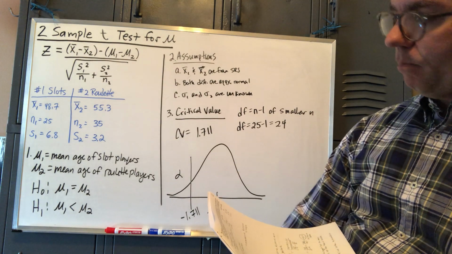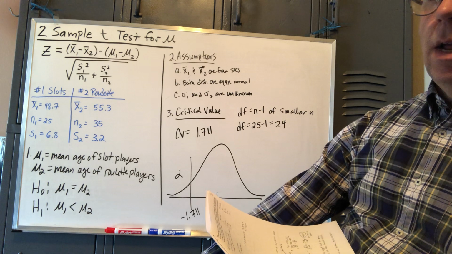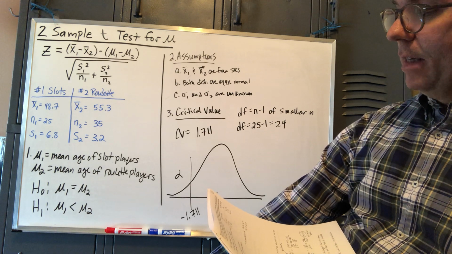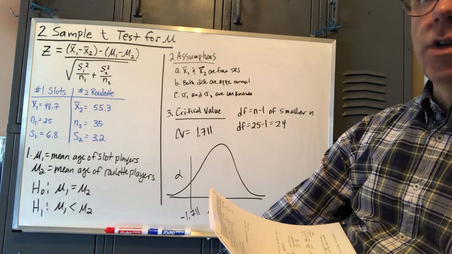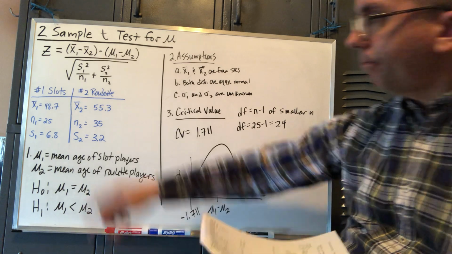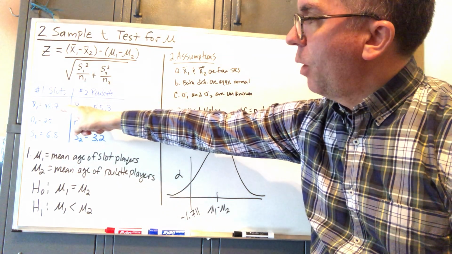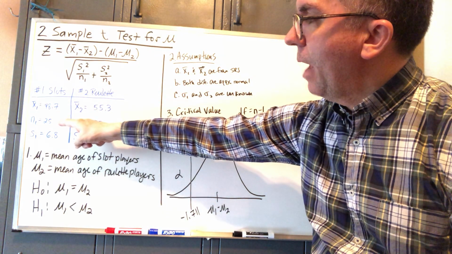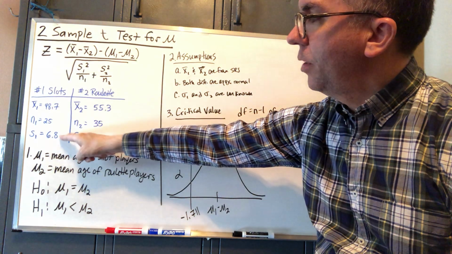So we're talking about gambling on this one. The mean age of a random sample of 25 people who are playing the slot machines is 48.7 years with a standard deviation of 6.8 years. So we made slot machines population 1. So I put x bar 1 is 48.7, n1 is 25 for my sample size,